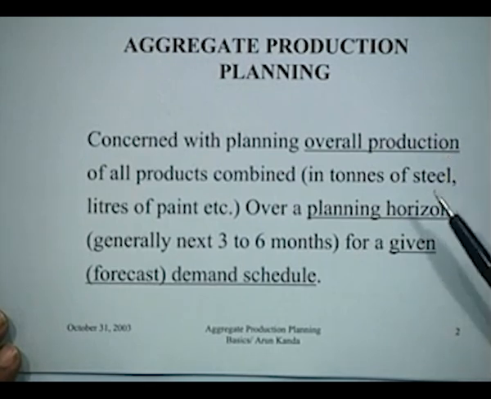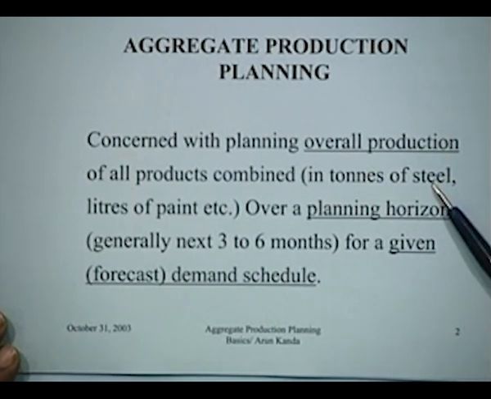So, if you are talking about a steel plant, for instance, a steel plant could be manufacturing sheets, scalp, various types of ingots of different sizes, rail sections, strips in a variety of sections. So, you would have a large variety. But when the managing director of the steel plant wants to know how the steel plant would be performing over the next year, he would probably be concerned about the total production in terms of tons of steel of all types of products put together.